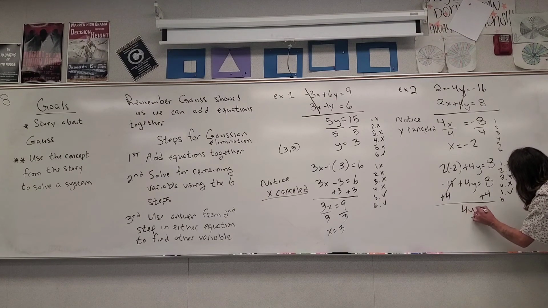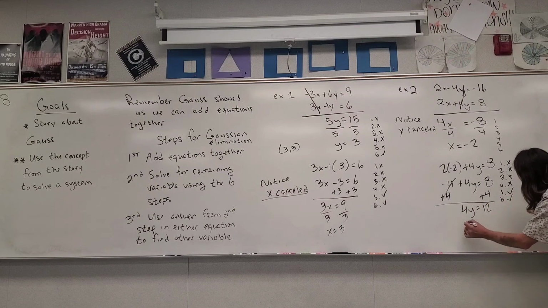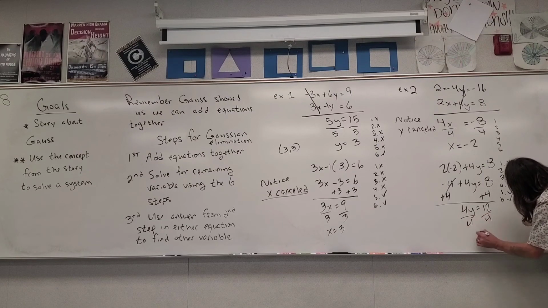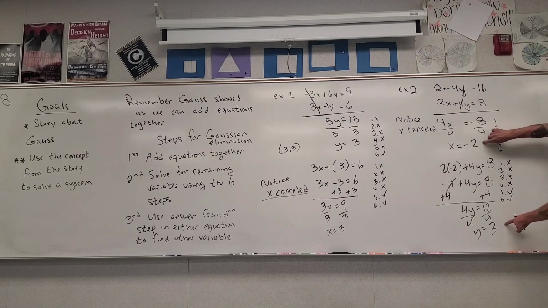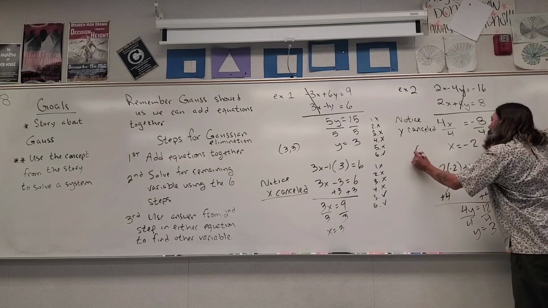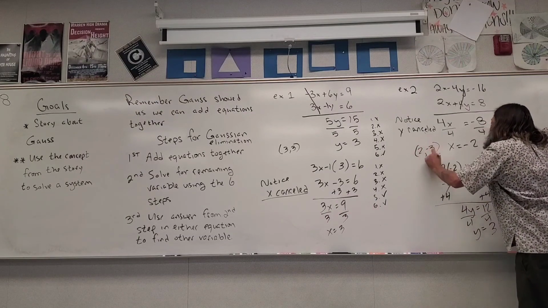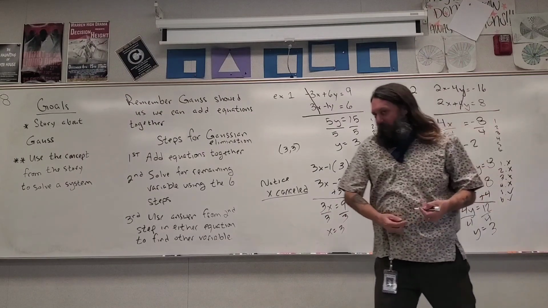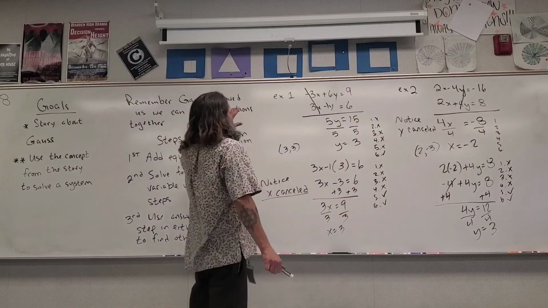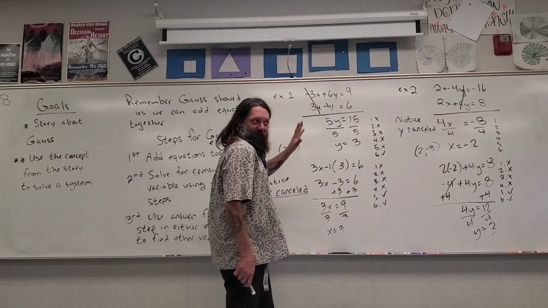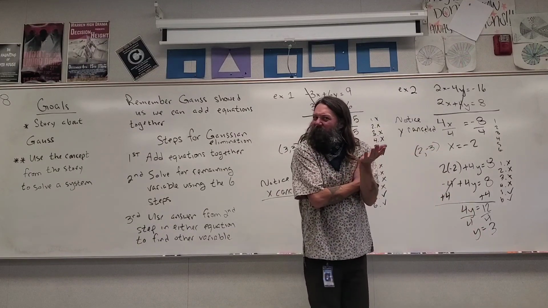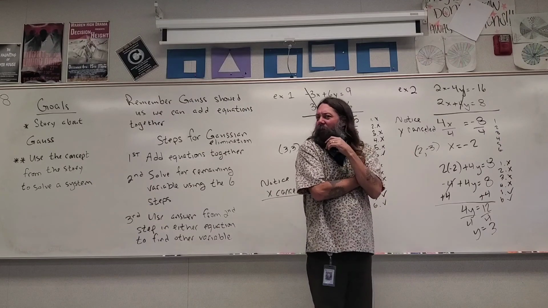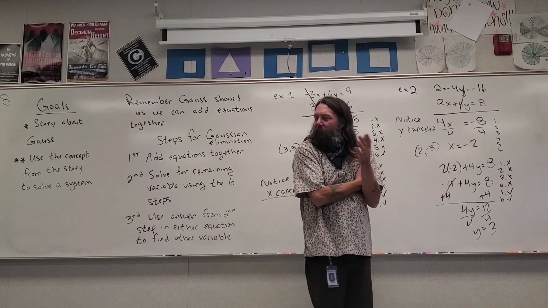I get 4y is equal to 12, and I'm going to divide away a number, and I get y equals 3. So the ordered pair that these lines cross at is minus 2 comma 3. That is the solution. We tend to do Gaussian elimination when the equations are in standard form. It seems to be a simpler way. When you have an equation that says y equals, we do substitution or we do transitive. So hopefully you're picking up on the differences of the problems.